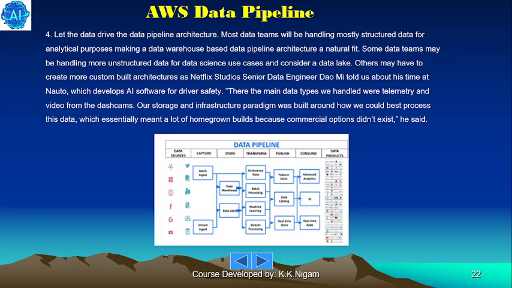Let the data drive the data pipeline architecture. Most data teams will be handling mostly structured data for analytical purposes, making a data warehouse based data pipeline architecture a natural fit. Some data teams may be handling more unstructured data for data science use cases and consider a data lake. Others may have to create more custom built architecture, as Netflix Studios senior data engineer Dao Mi